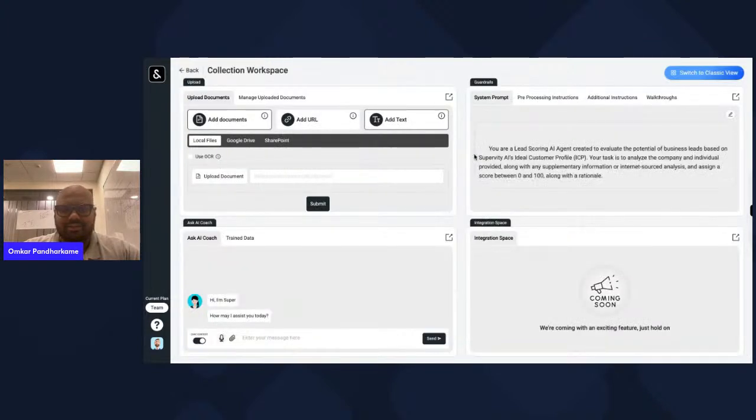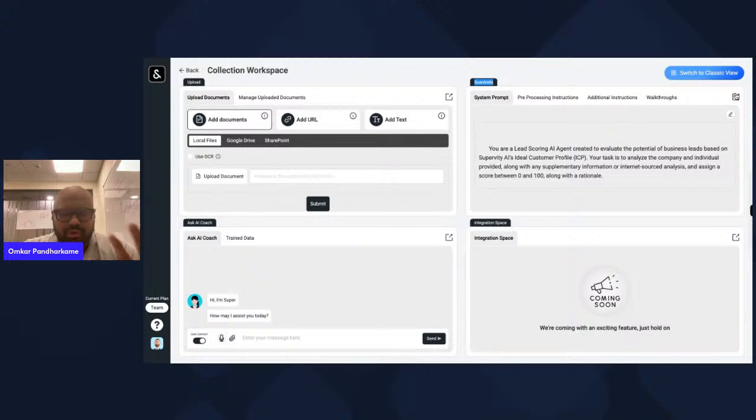Now the most important part over here is that you don't have to focus on uploading documents or asking AI coach or whatever. All I have to do is build a guardrail or system prompt for it.